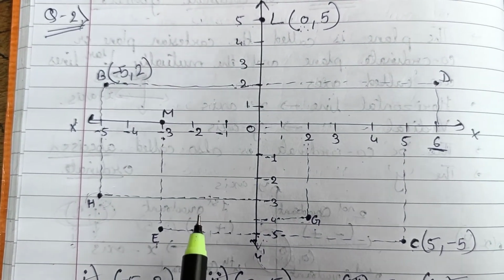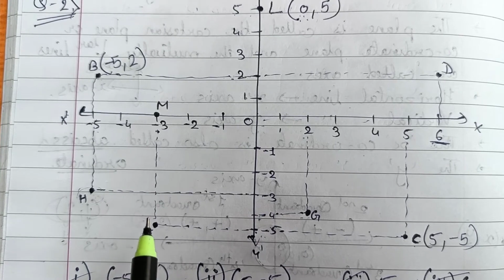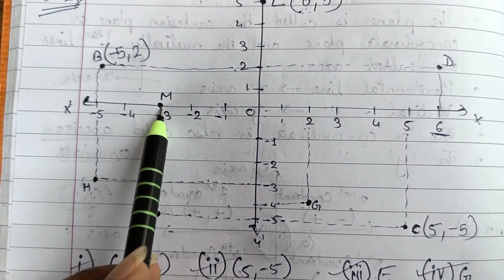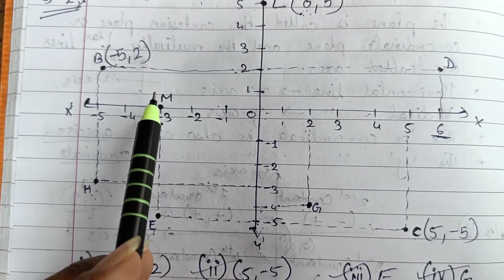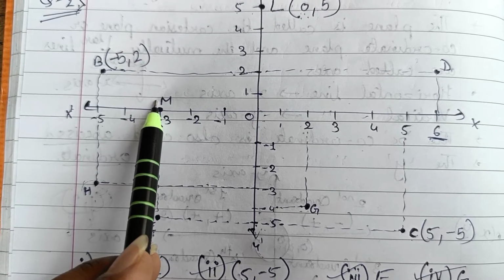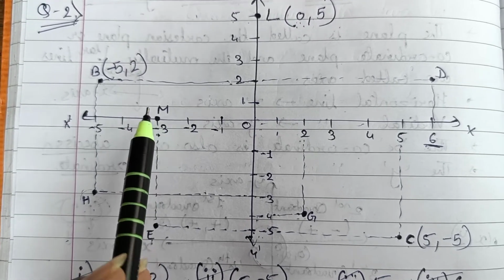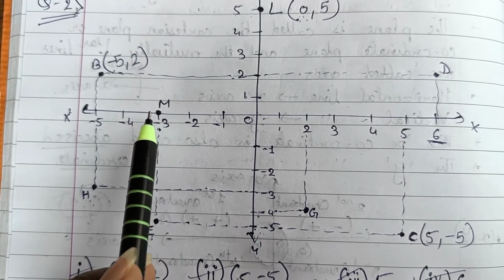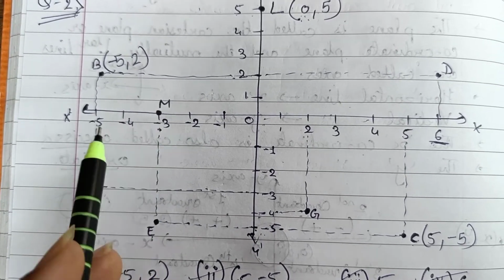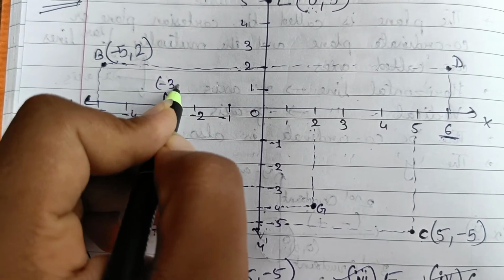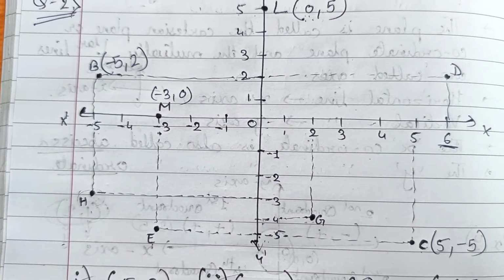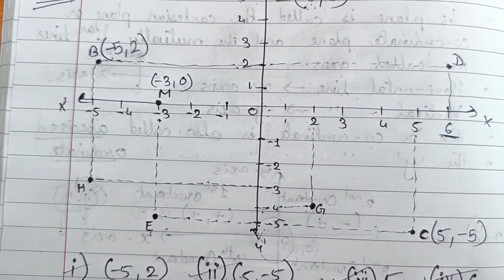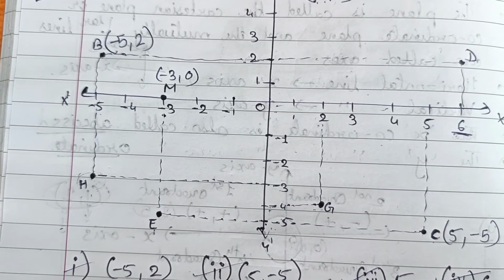Then search for next question, that is the coordinates of point M. Okay, M is here. Now you have to write the coordinates of point M. Again it is the same situation as coordinates of point L. Here we are not having any point on y-axis. So the coordinates of x will only come, that is -3, 0. This is your coordinates for point M, that is -3, 0. Now we are done with exercise number 3.2.